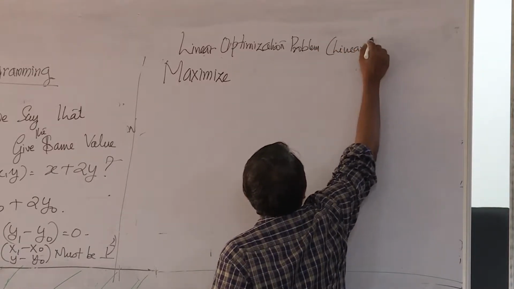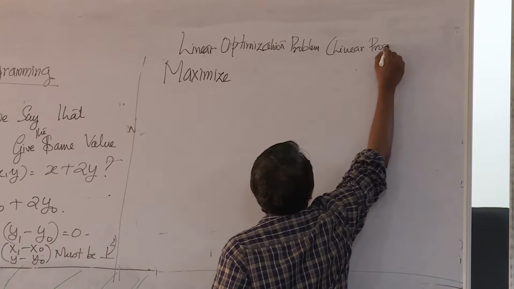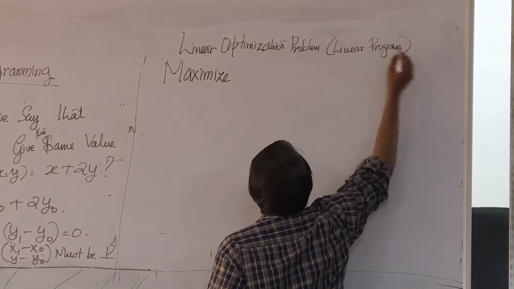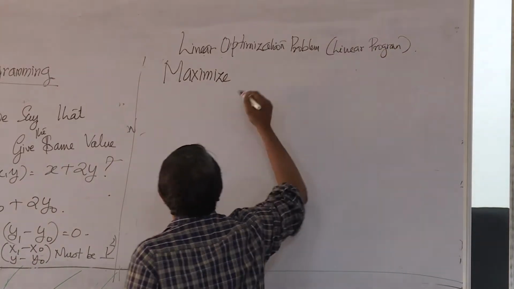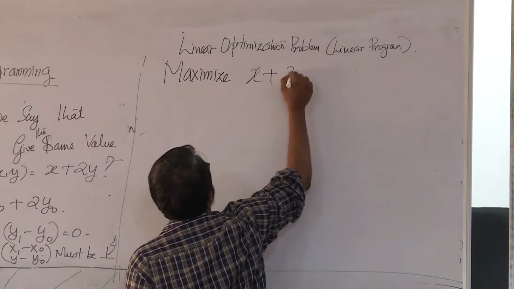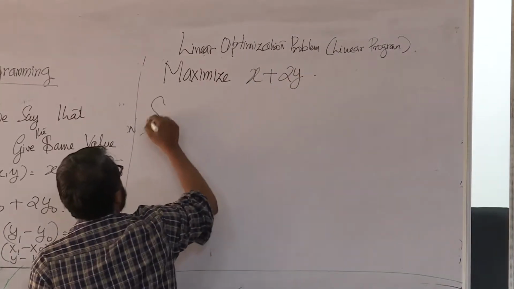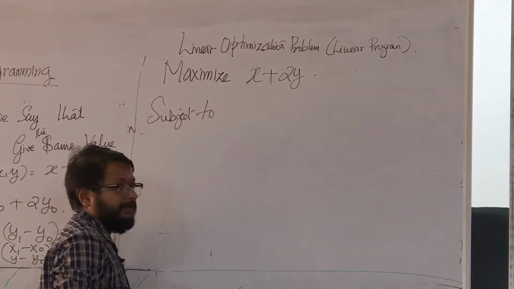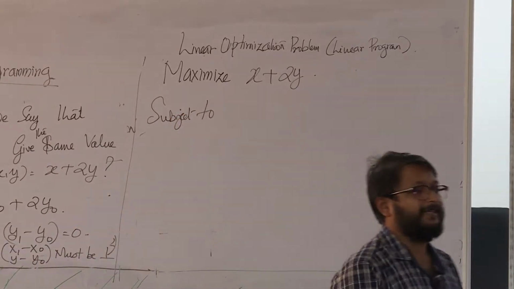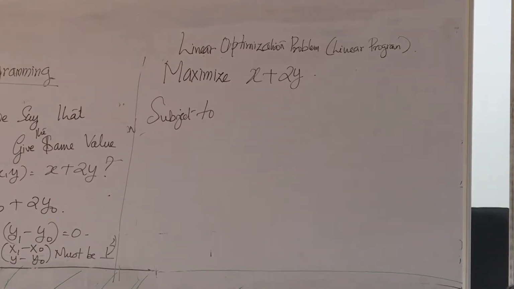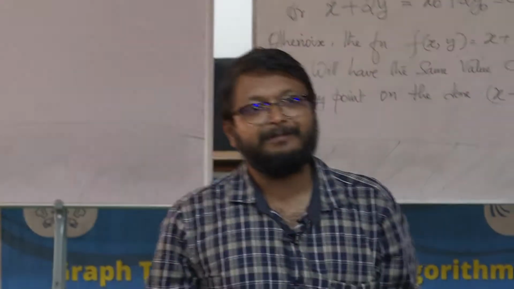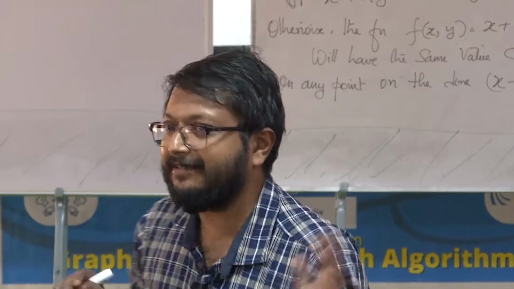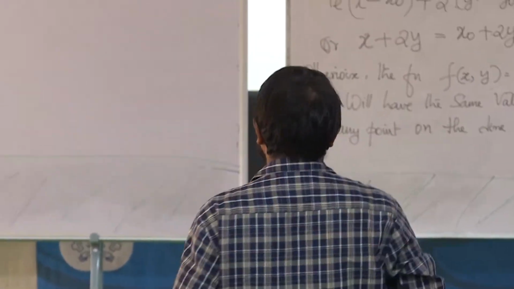Expressed as a linear program. So let us say maximize x plus 2y subject to... See, if I am asked to maximize x plus 2y, I can go to infinity and get larger and larger values, right? The problem is interesting when I have some constraints, and the constraints are also linear, subject to, let us say x plus y